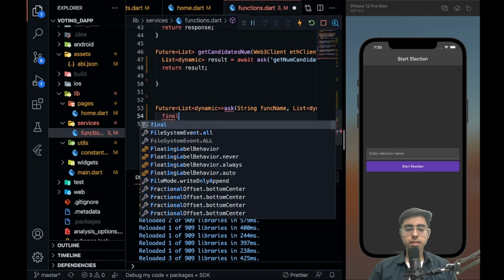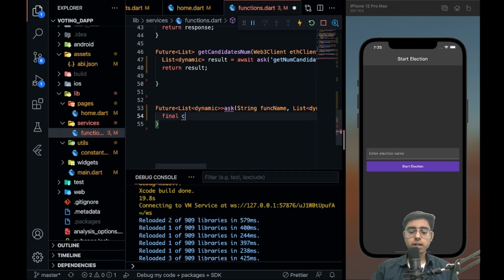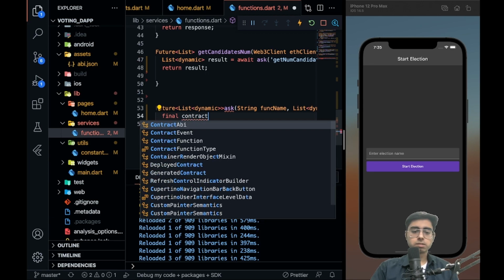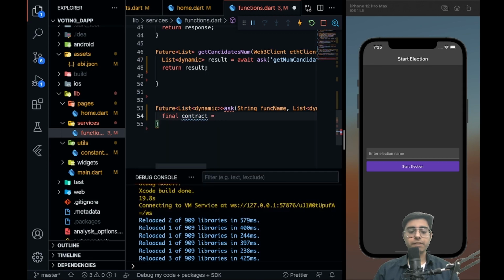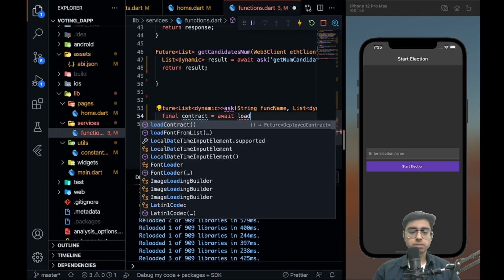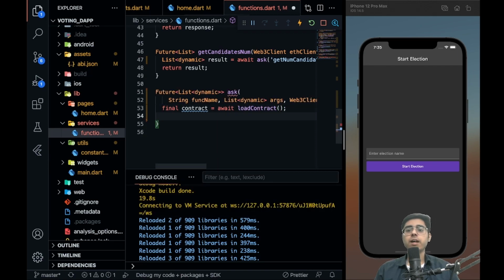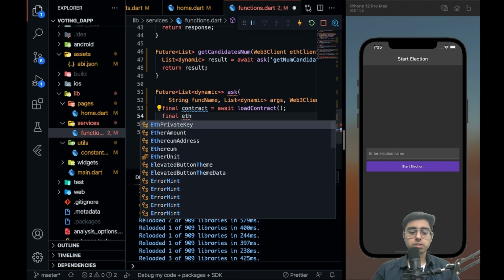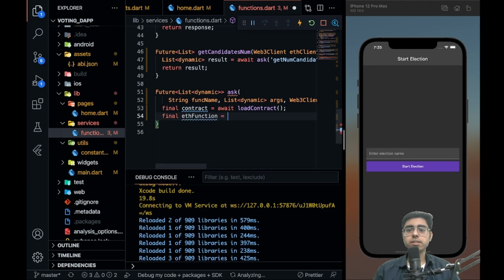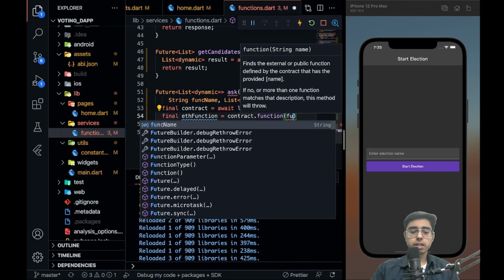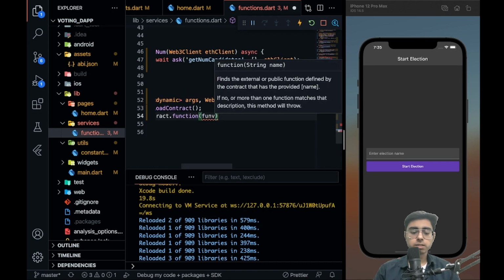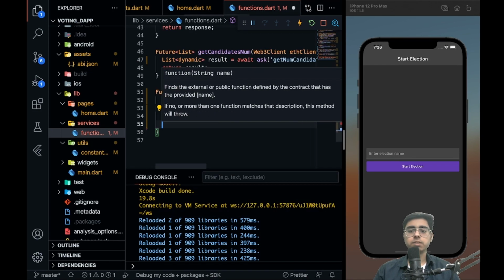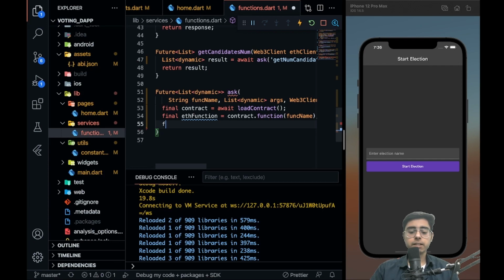So it will be final contract is equal to await load contract. Perfect. And next thing is the Ethereum function. So final ETH function is equal to contract.function, and the function name that we have got in the parameter function name. This is it. And finally final result